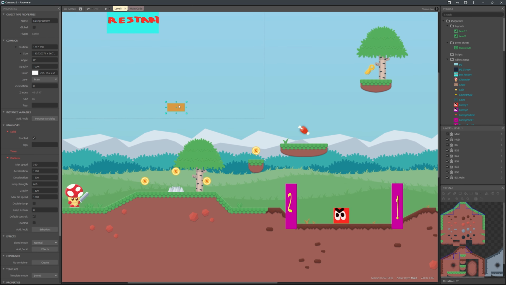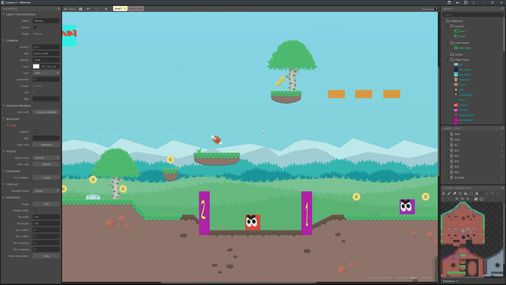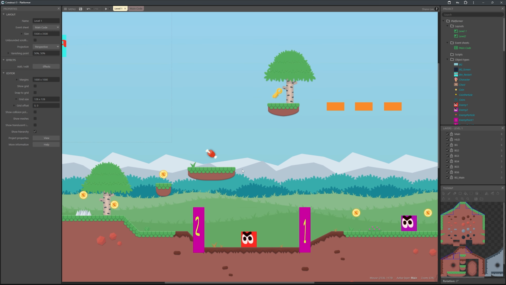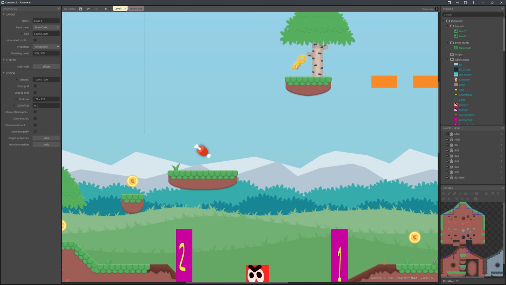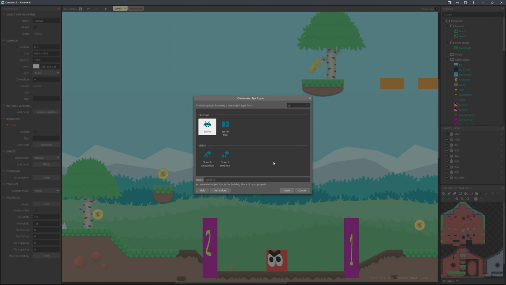So I'm going to drag this over here for now, and I'll just paste this out just for the demo. And then for the jump pads, I've got a spot right here which I added earlier, where obviously we can't make this jump, and we're going to put a jump pad right here and make that how we're going to get this key. So we're going to add a new sprite,